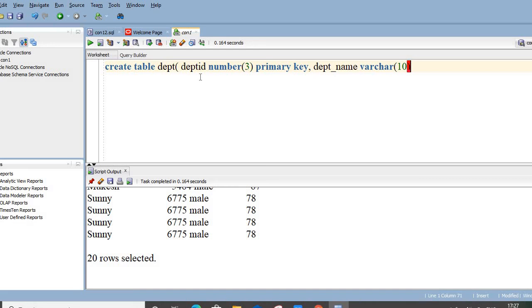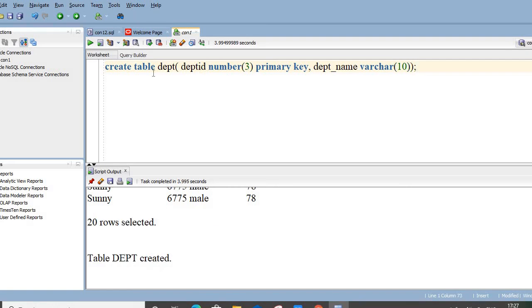There can be a lot of attributes, but here I am taking only these two attributes for the department table. So the department table is created.